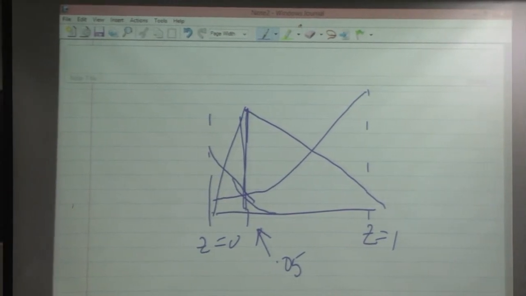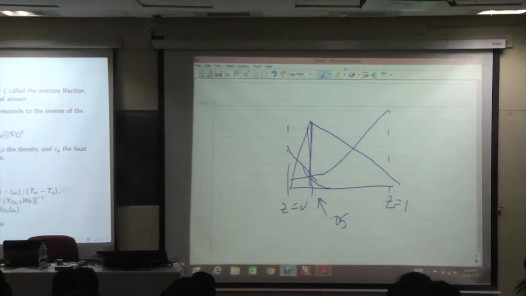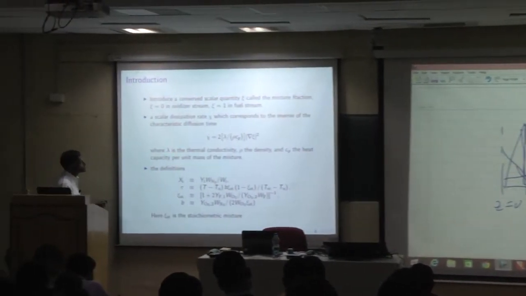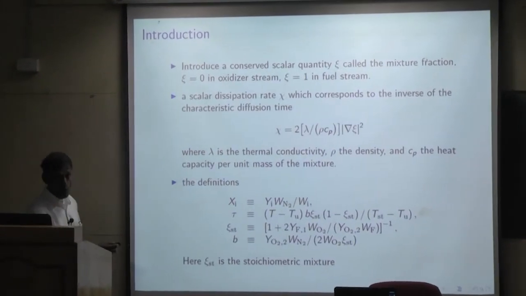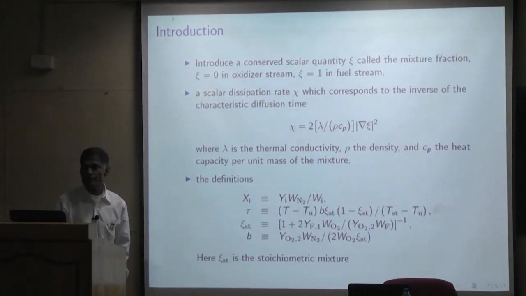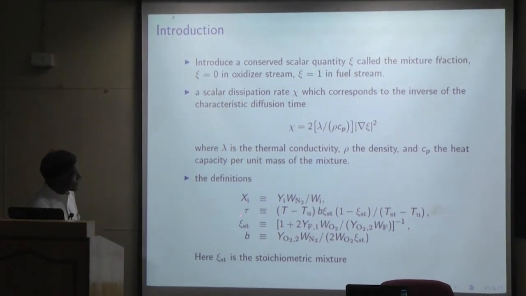And as I said, this important quantity that appears in analysis of the non-premixed flame structure is the scalar dissipation rate. It has units of 1/s, therefore it is the reciprocal of a characteristic residence time. And then again, it's a lot of details. You define a